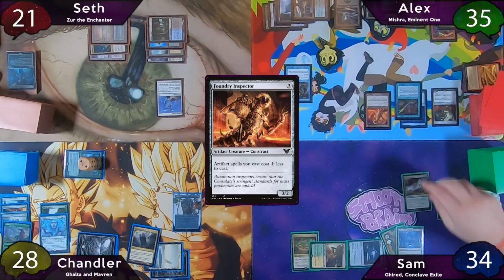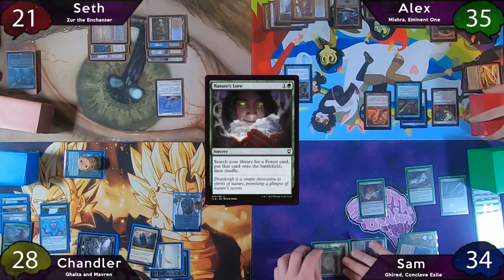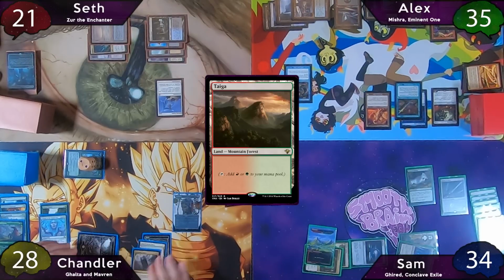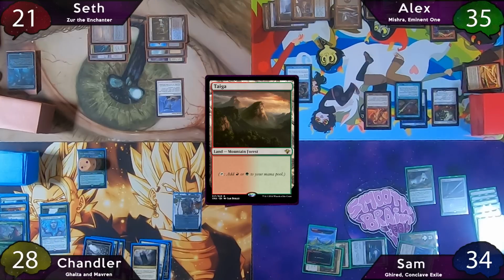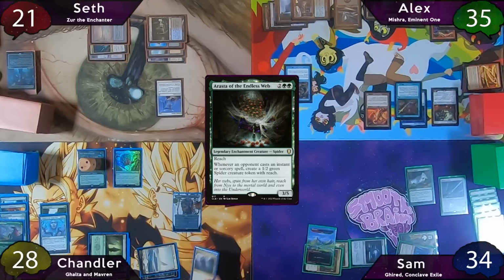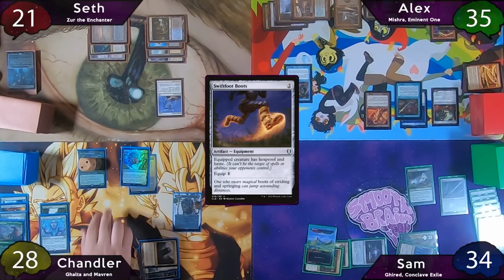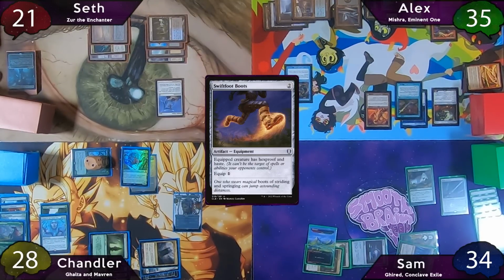Sam starts off with Colossal Majesty, and then he'll tap for 2 to cast Nature's Lore, and he does pay the 1 this time. He'll find a Taiga to the battlefield, and then he'll pass the turn to Chandler. Chandler doesn't pay any life to Sylvan Library, and then he'll play a basic forest as land for turn. He'll then cast Arasta of the Endless Web, which triggers Tribute, and then he'll cast Swiftfoot Boots, and he'll equip them to Arasta. He'll then move to combat and hit Sam for 3 to get the card draw, and then